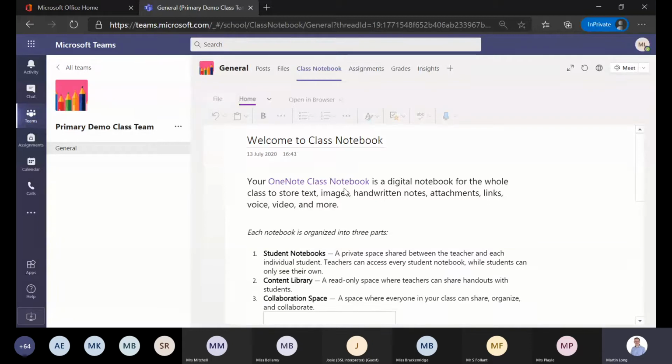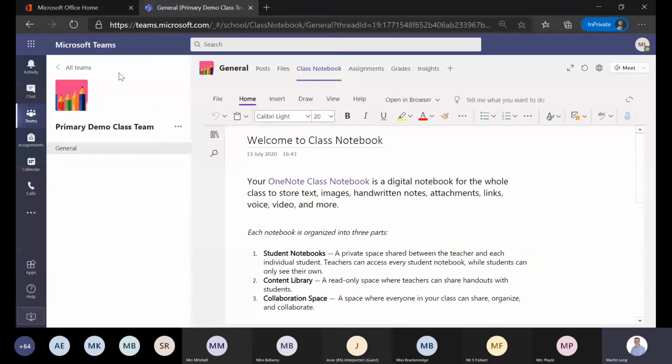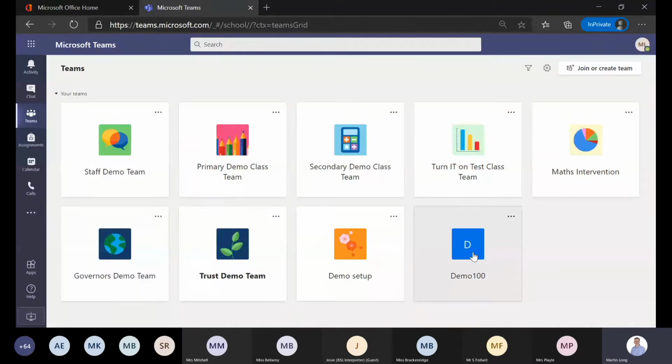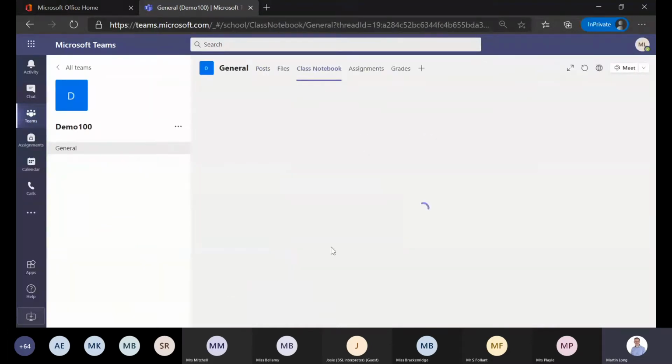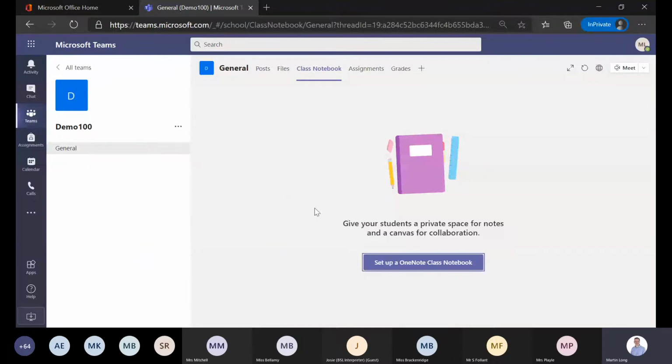If we jump quickly back out and I'm going to a demo example of a class team, the very first time that you arrive and you come to use OneNote class notebook, if you're doing this for the first time or you're setting up some class teams for your school, you'll get presented with this screen. You need to press Set Up OneNote class notebook and select blank notebook, and then it will take you through a setup wizard, and it will ask you to create different sections in your OneNote,